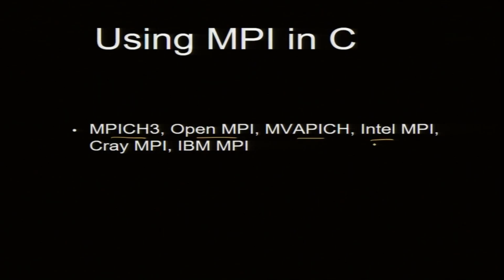Intel has its own MPI, which we can download. In fact, this one also. Cray MPI, IBM MPI, these are roughly the same performance. Intel will be slightly better for Intel hardware, but I will not compare. We have not done enough tests to say which is better. We recommend MPICH for the time being. So, MPICH, and installation instructions you can find in Google.